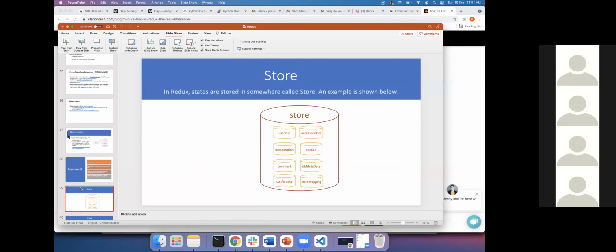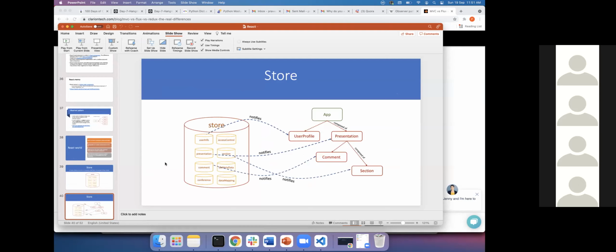Flux is the code. Okay, now we know what the observer pattern is. It is a pattern which notifies components or some pieces of observers whenever some changes happen to it, right? So imagine what React needs. Whenever there is a change in my state or props, I want to re-render, right? That's what we need. So this pattern is highly compatible with what we need.